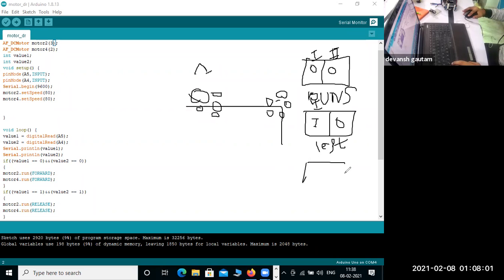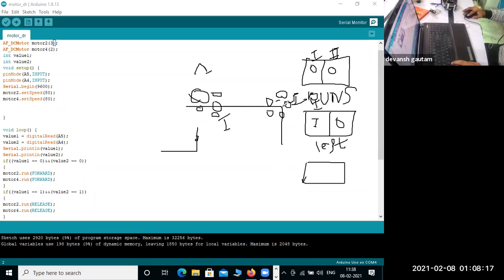Third condition: suppose our robot is coming from here and it is moving like this. This is the second sensor and this is the first sensor.